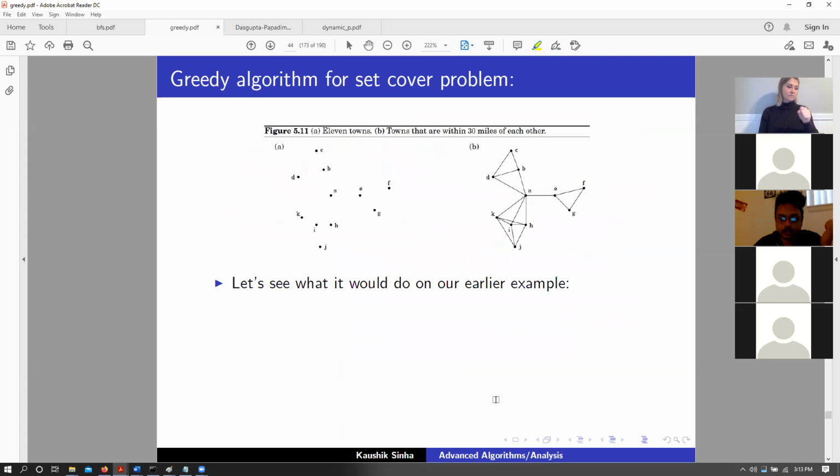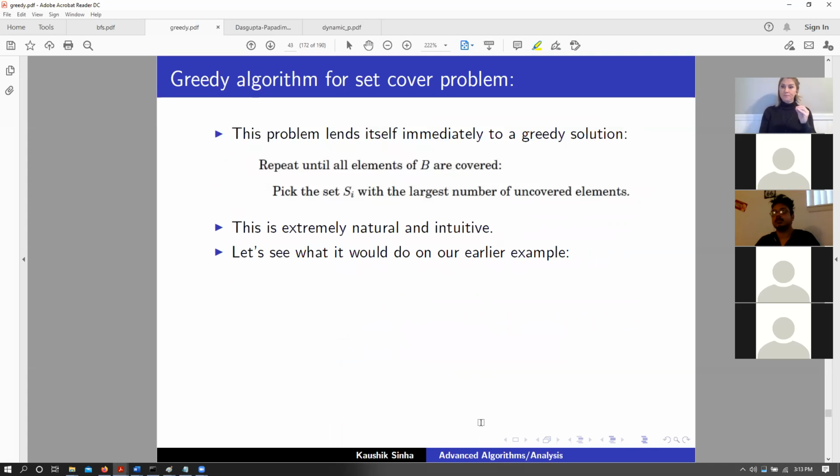So you can try to solve this particular problem again as a greedy solution. So what can we do? We can pick the town that has the most number of edges. That means placing a school in the middle of that town